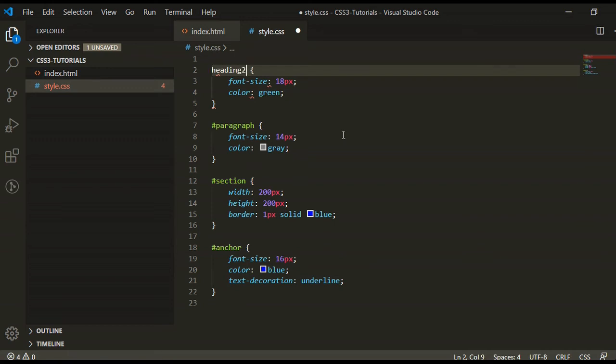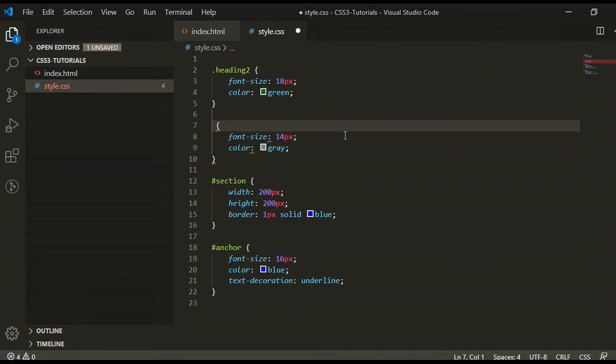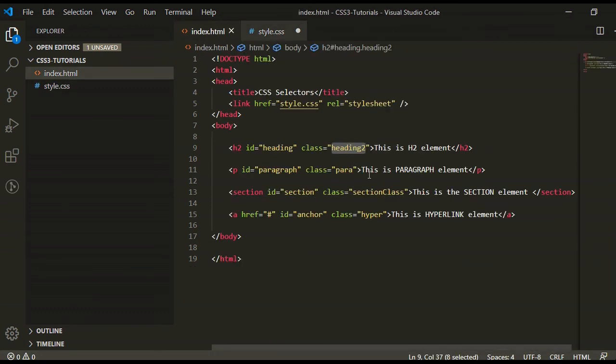Here I am giving the class name, and you have to add a dot at the start of the class name. So you are selecting the class with the dot and the class name. In the same way, here, dot and para. Para is our class name.